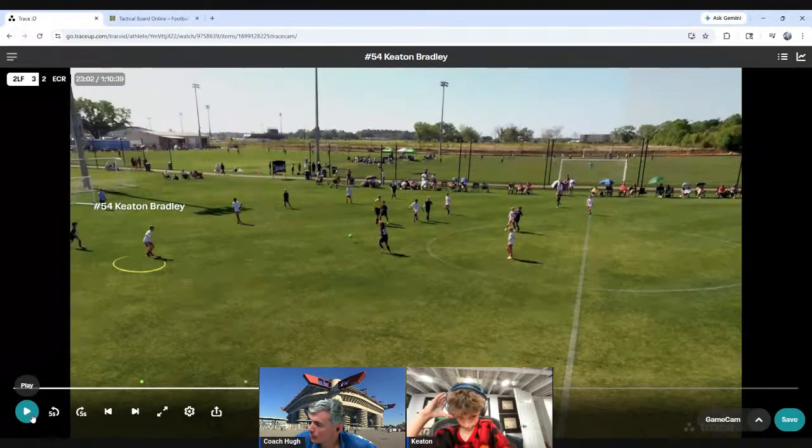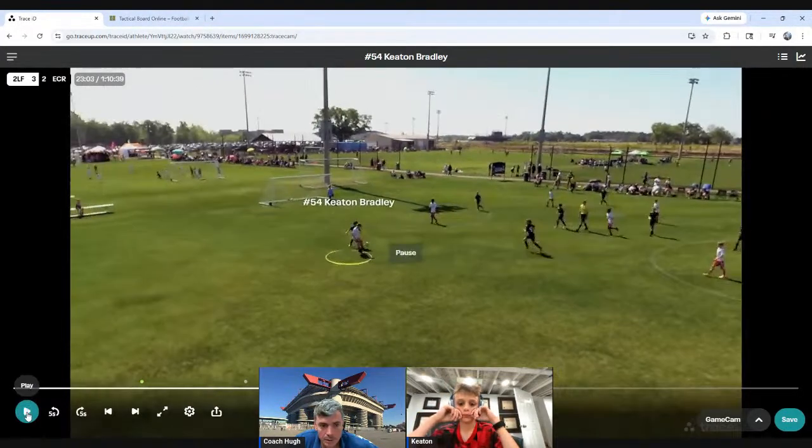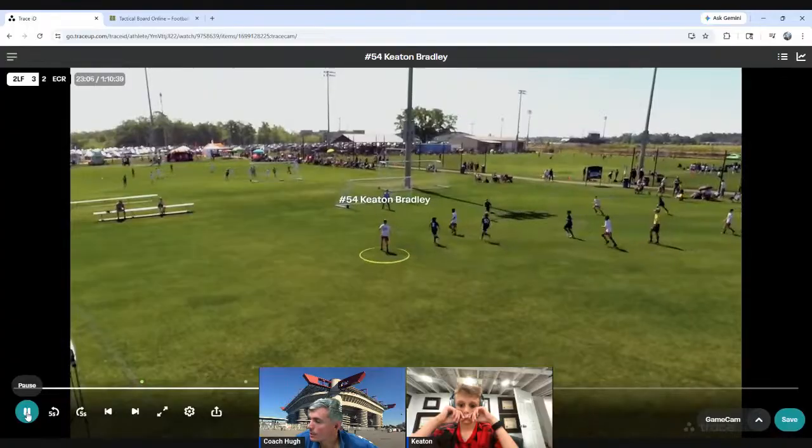If I were your coach, I'd rather you get it back to goal here. And not completely back to goal, because your hips are somewhat turned to Josh here, you could probably one-touch him in. Let's see what happens. I don't know what's happening here. Oh, my. And you did.